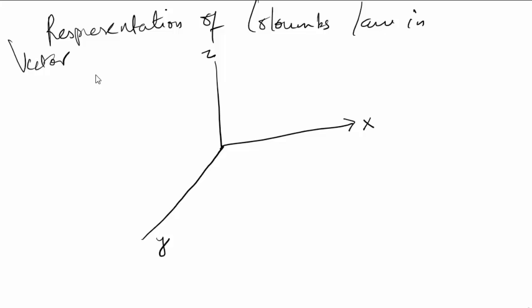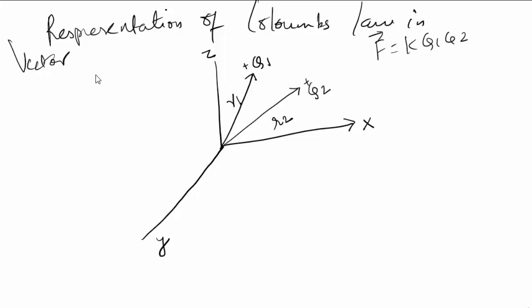So I'm having a charge q1 here, and I'm representing this point by a position vector r1, and at the same time I'm representing the q2 charge by a position vector r2, and this is a positive charge, and this is a positive charge, and Coulomb's law is F is equal to k q1 q2 over r12 magnitude whole square. This is a vector. So I'm considering the force on 1 due to 2,